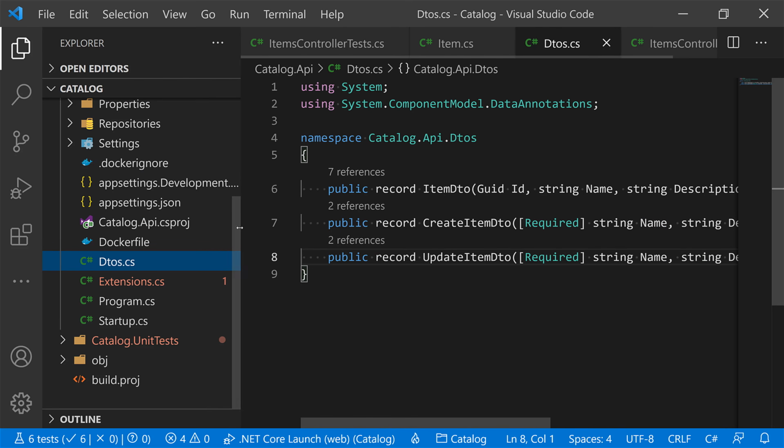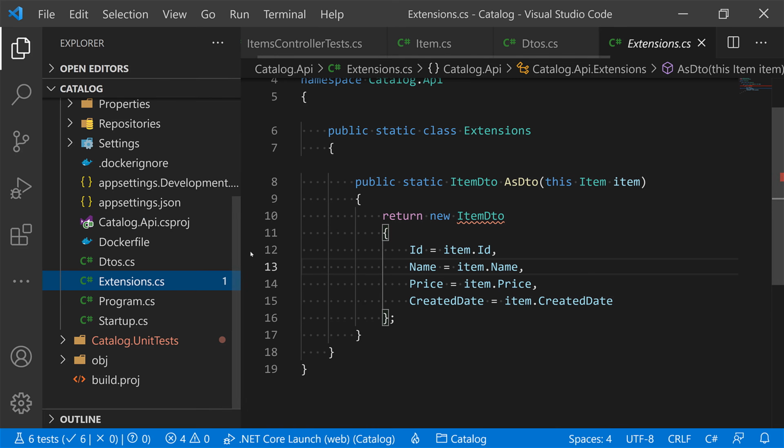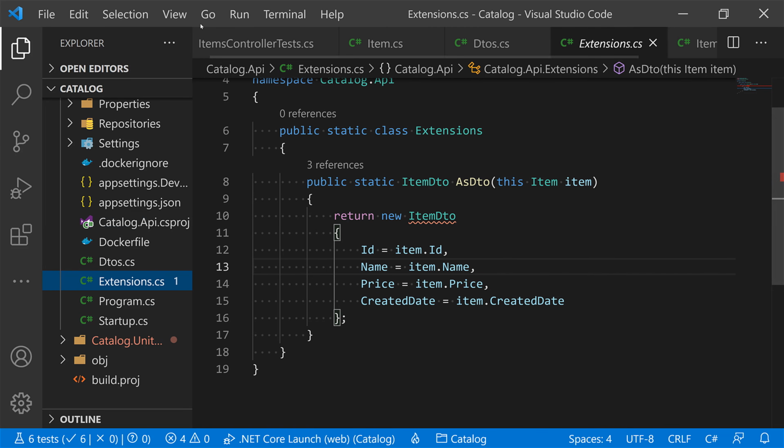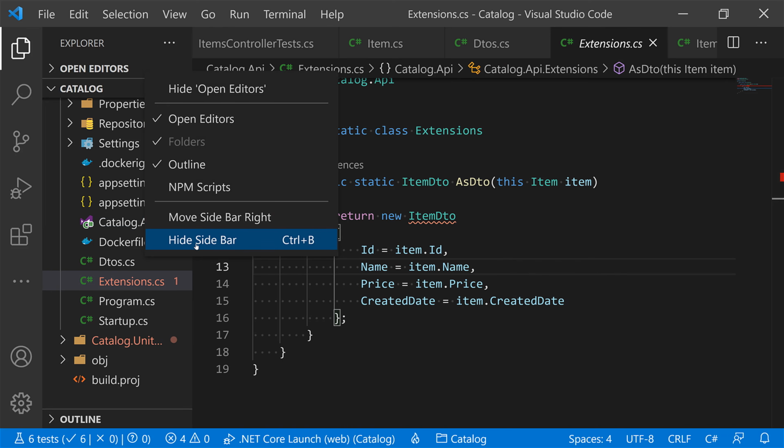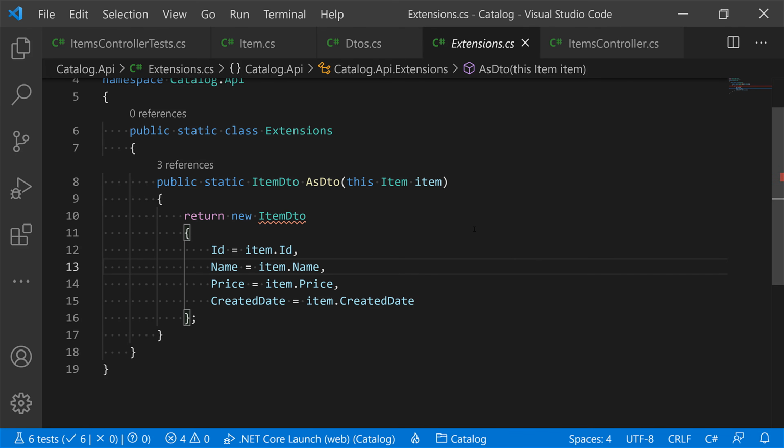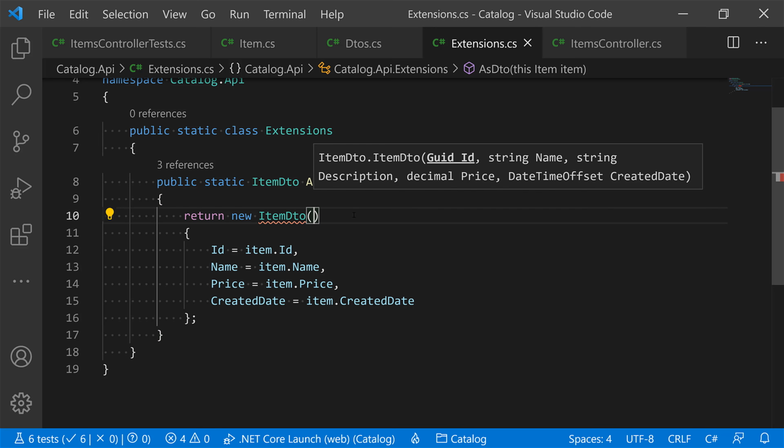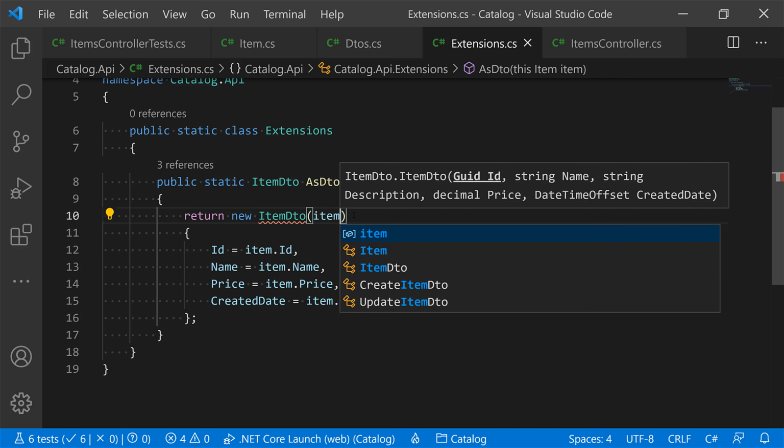So now that we made those changes, let's look at extensions. Let's see what's going on here. Yeah, so I'll hide sidebar. So now that we changed the way that we declare our DTOs as record types, they have become immutable. We cannot go through this initialization anymore. We must create the DTO via the constructor. It's the only way to create instances of them from here on, and after construction, nobody can change the properties of the DTO. So we will say new item DTO, and then we will provide item.id,